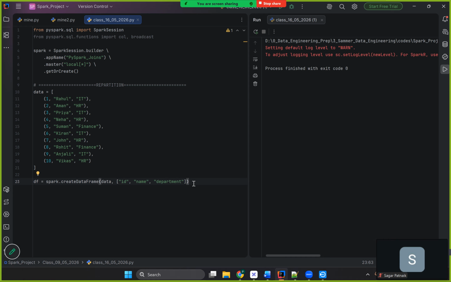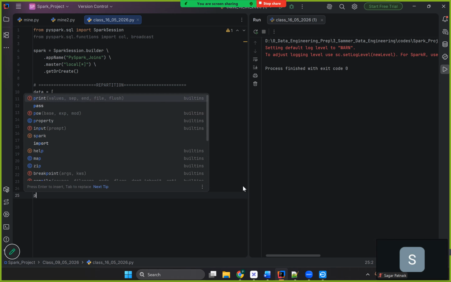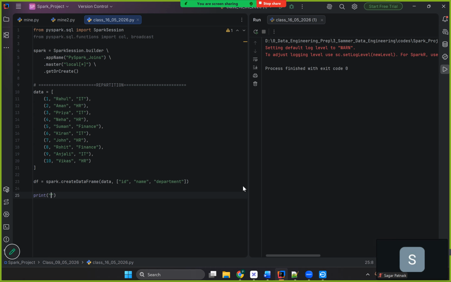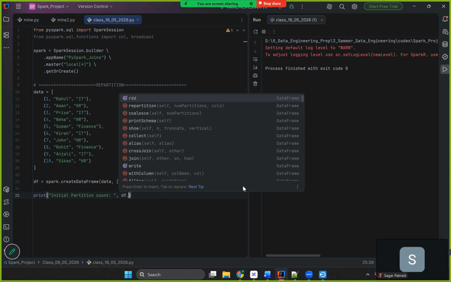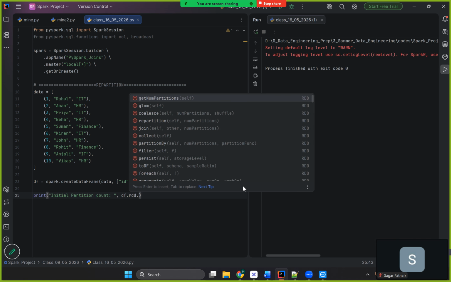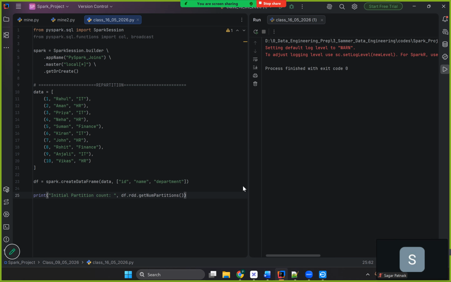Internally, Spark immediately divides data into partitions. Now, if we see the partition count with df.rdd.getNumPartitions, if we run this,